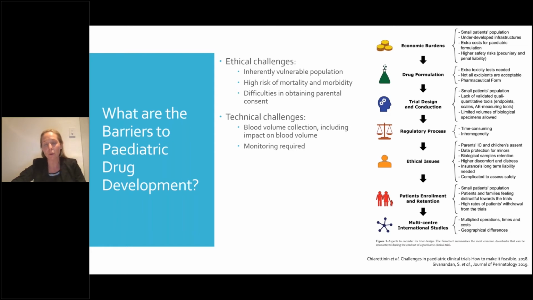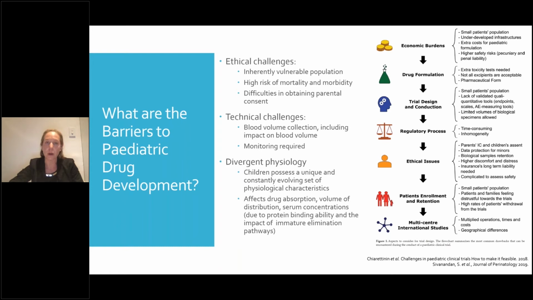And these children tend to require much more monitoring than would be needed for adult trials, and that's due to their really divergent physiology. We know that children possess a unique and really rapidly evolving set of physiological characteristics. Even in the first few days of life, the changes in renal function and drug elimination that occur in children are quite rapid and really divergent from day to day. And this means that there's big impacts on the ADME, the absorption, distribution, metabolism and elimination characteristics that we investigate for PK and PD trials in children. And that therefore requires quite intensive resources compared to the very predictable metabolism that we see in adults.